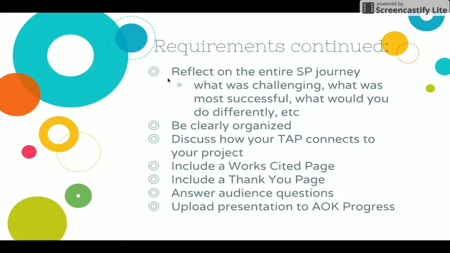We want you to reflect on your entire senior project journey and really talk about what your experience was. And one of the reasons we're asking you to do this in your presentation is because we're not asking you to show Q4 A-OK progress. We really want to see that as a sort of culminating reflection during the presentation, and that's a new thing